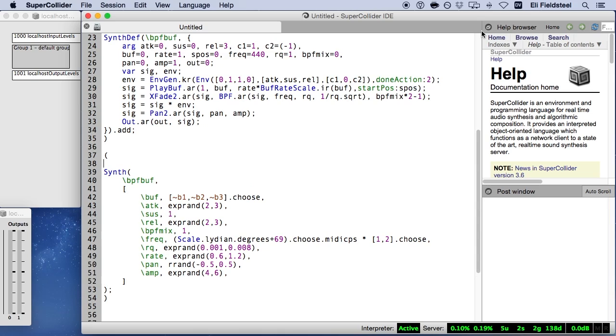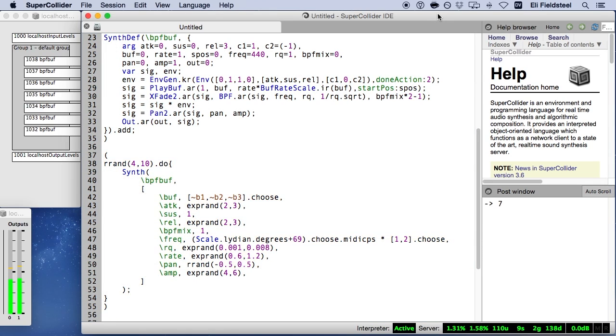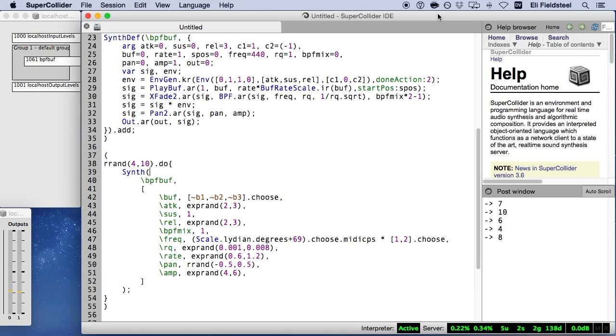And maybe as a final touch, we can use iteration to generate many of these synths all at once. Certainly, we could keep playing around with the synth-def and tweaking it, and if you're following along, feel free to do so, but I'm actually going to call this done, and now turn our focus to our collection of sound